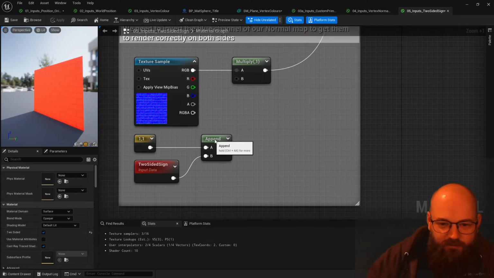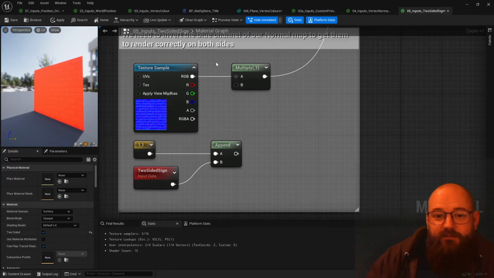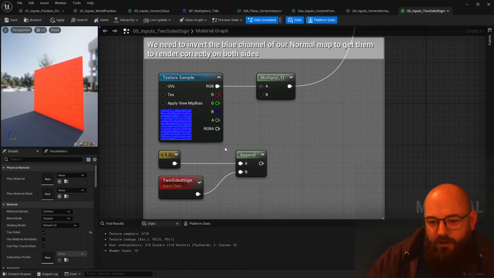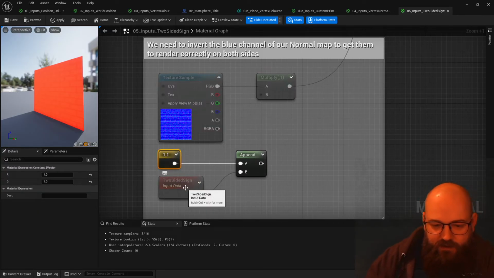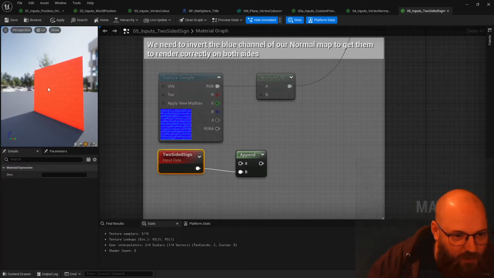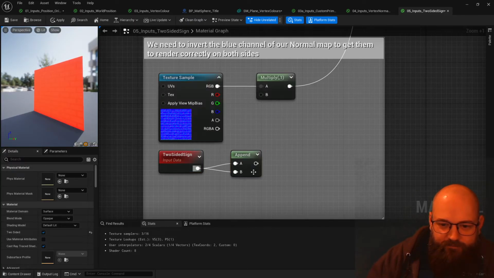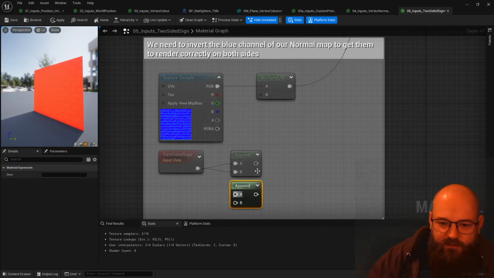That's actually wrong. It says we need to invert our blue channel. What we actually need to do is invert not our blue channel, so we need to invert our red and our green. So this is a bit of a mistake. I was relying on this viewport, which has some difficulties. So if we just change this, it should be this way around instead,